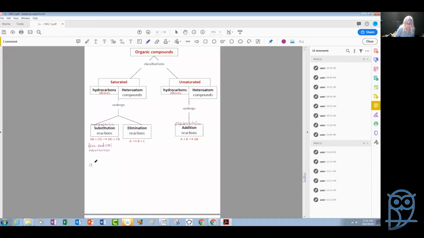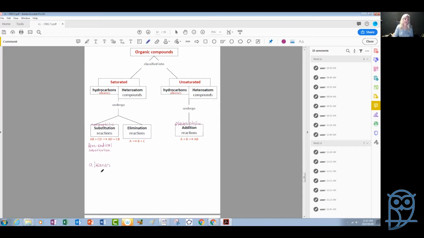For example, the alkanes in general, all the alkanes which belong to these categories, indeed, saturated organic compounds. In fact, alkanes are hydrocarbons. Okay, so alkanes, being saturated, can undergo substitution reactions and also elimination reactions, apart from the combustion reaction, of course, or the oxidation reactions